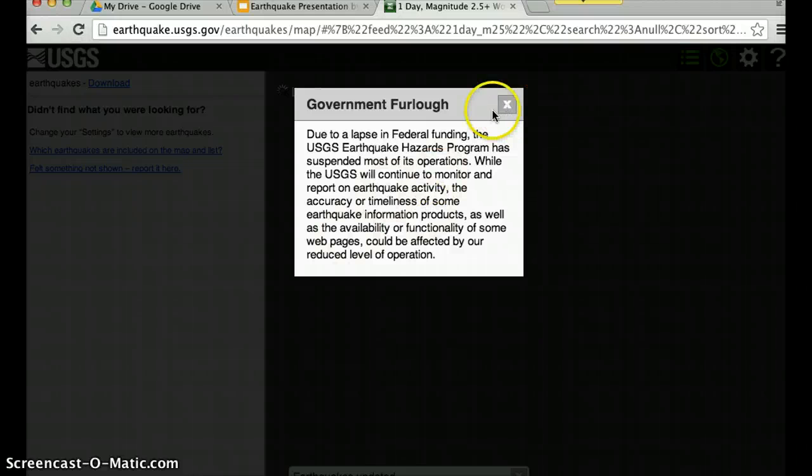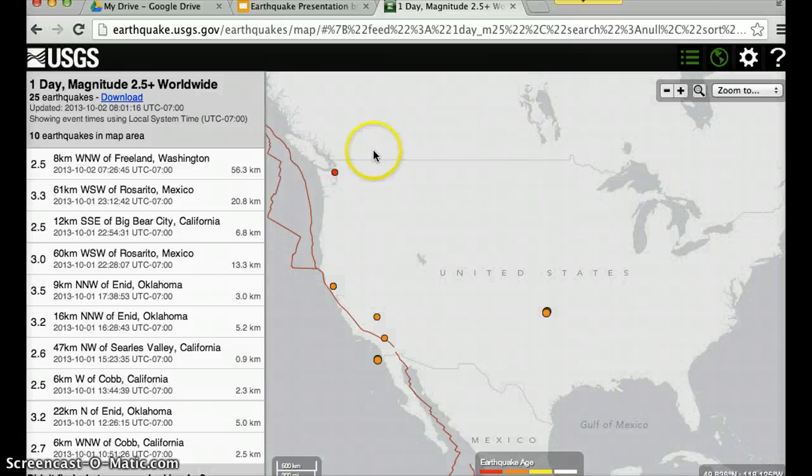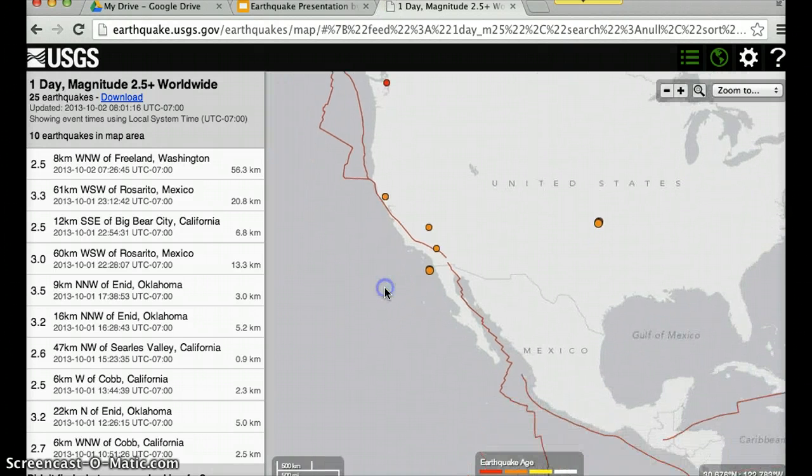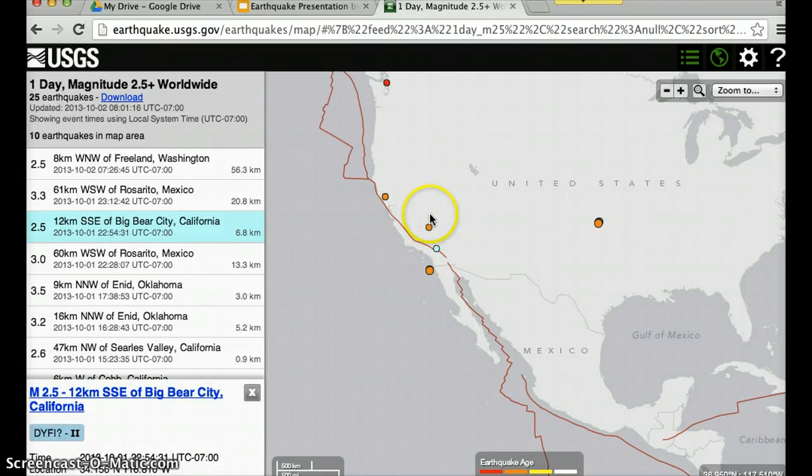This means that because the government shut down, there's not that much information, but it's working, but it's not as accurate as it should be. But this here is a map of all the earthquakes that are happening in the world, and you can click on it just like I did with the app when I was teaching about earthquakes,